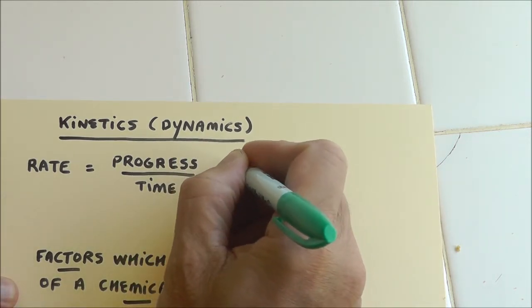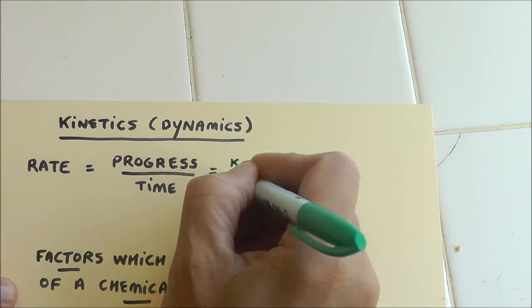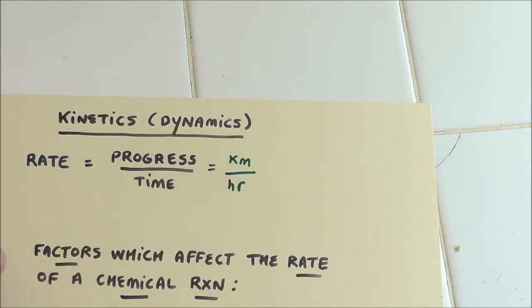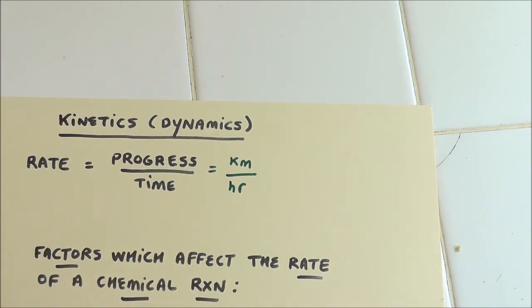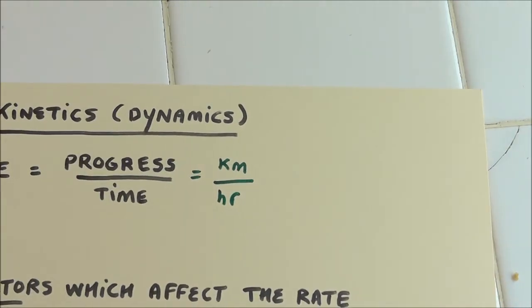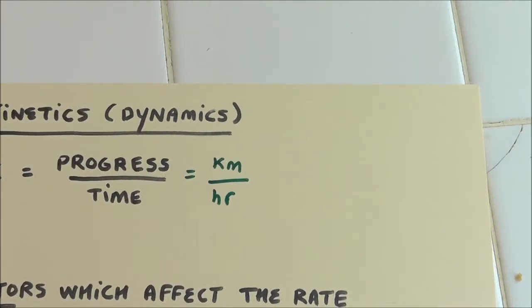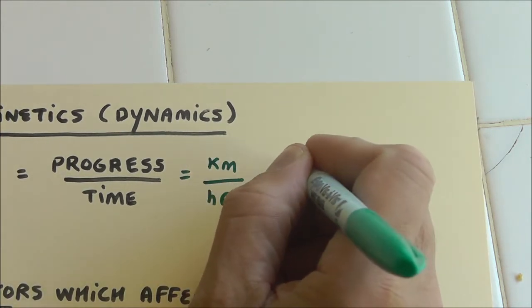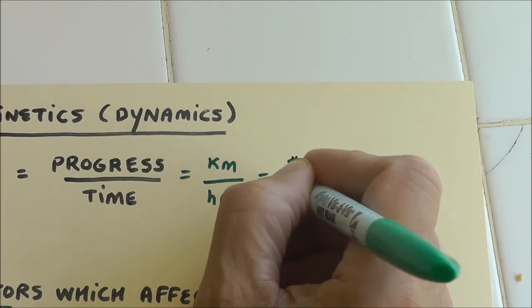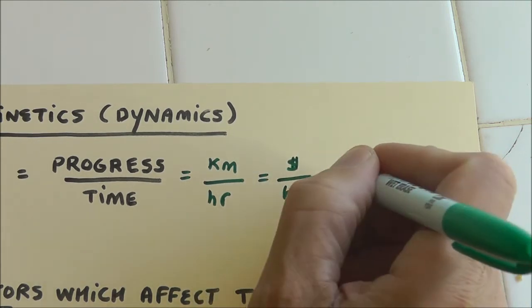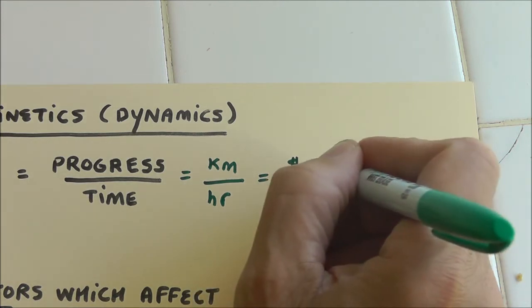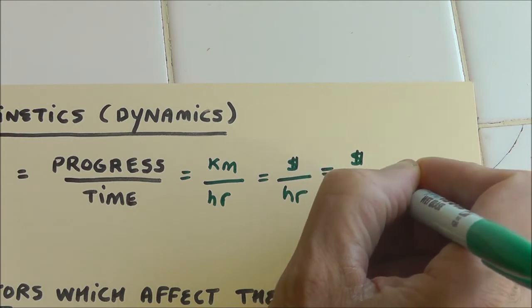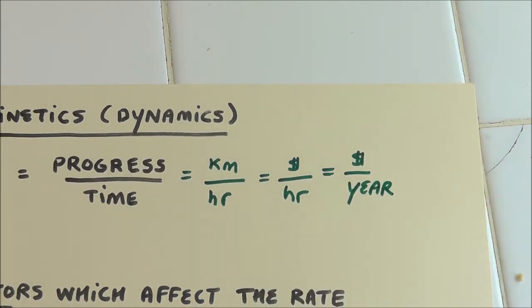So in my car, it's got the rate meter, kilometers per hour. That's the one you look at. Makes you feel like you're going faster if you look at that one. And then of course, you interview for a job, and what you're always wondering is, what's my dollars per hour? Or the time unit doesn't always have to be the same. It might be dollars per year. So you change the time unit to be what's appropriate.